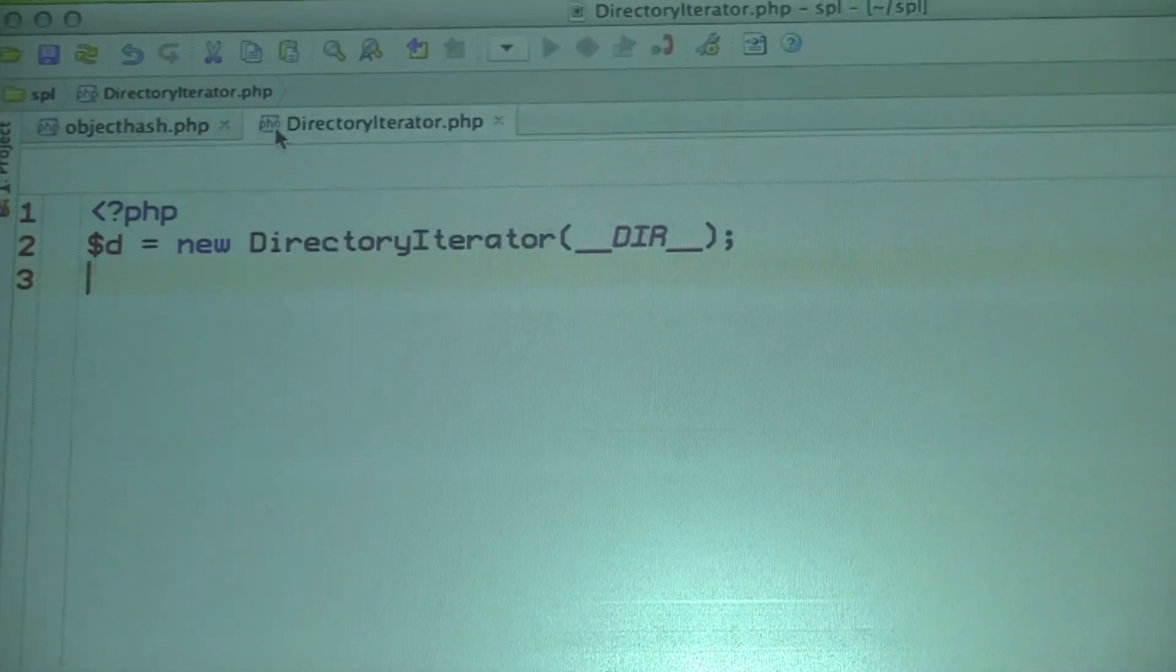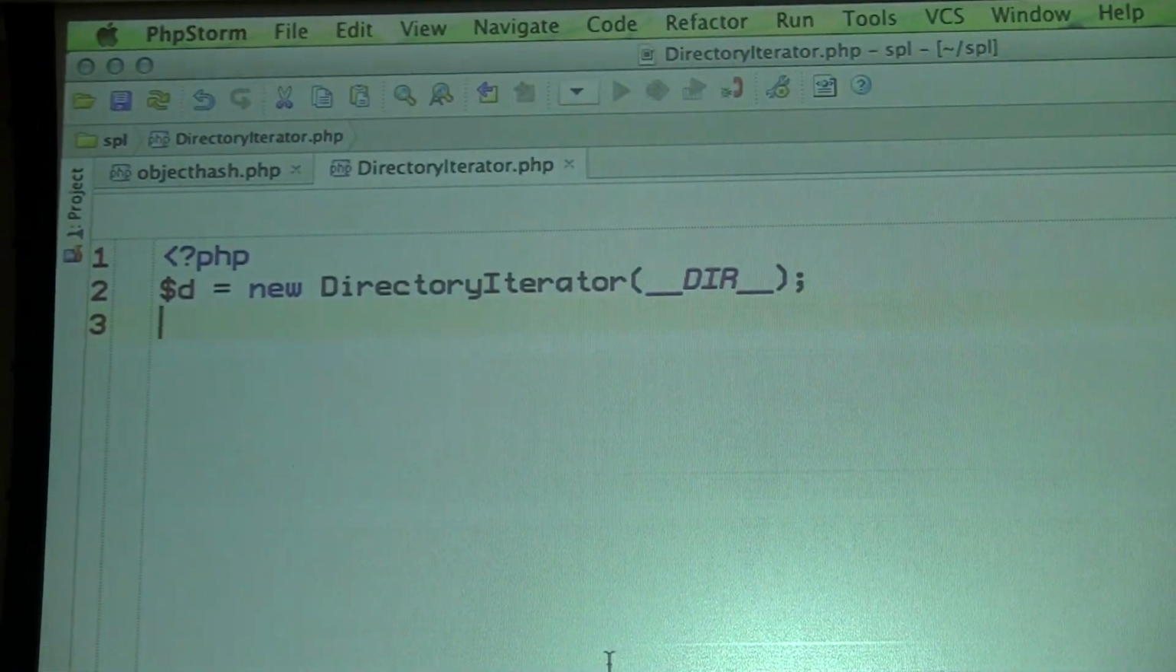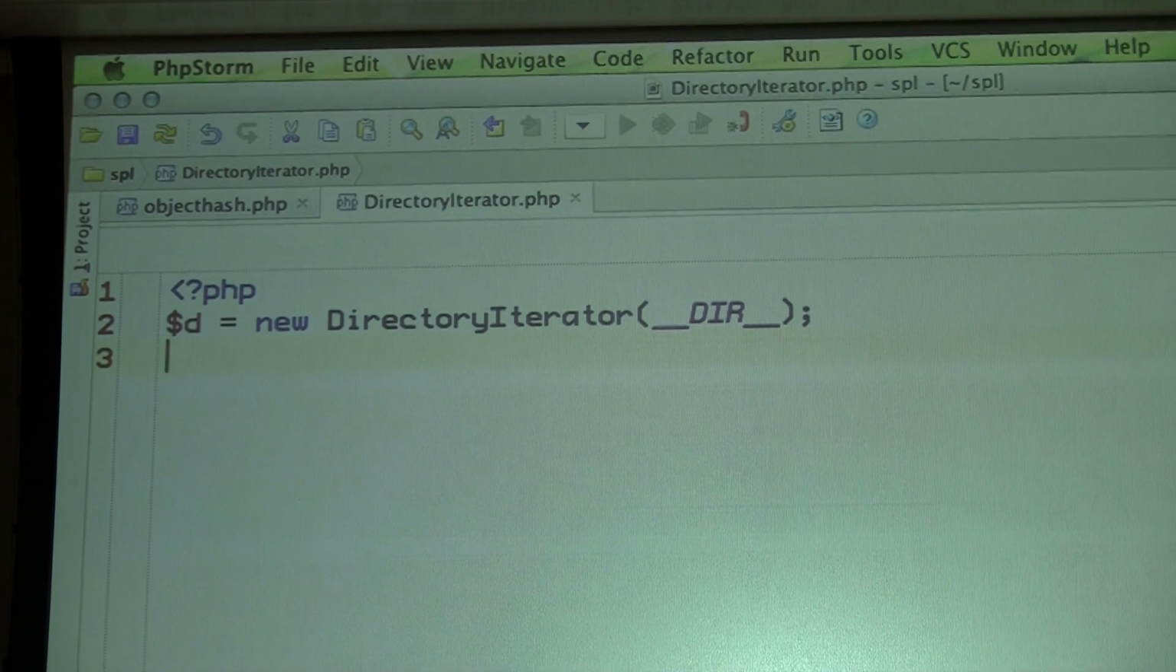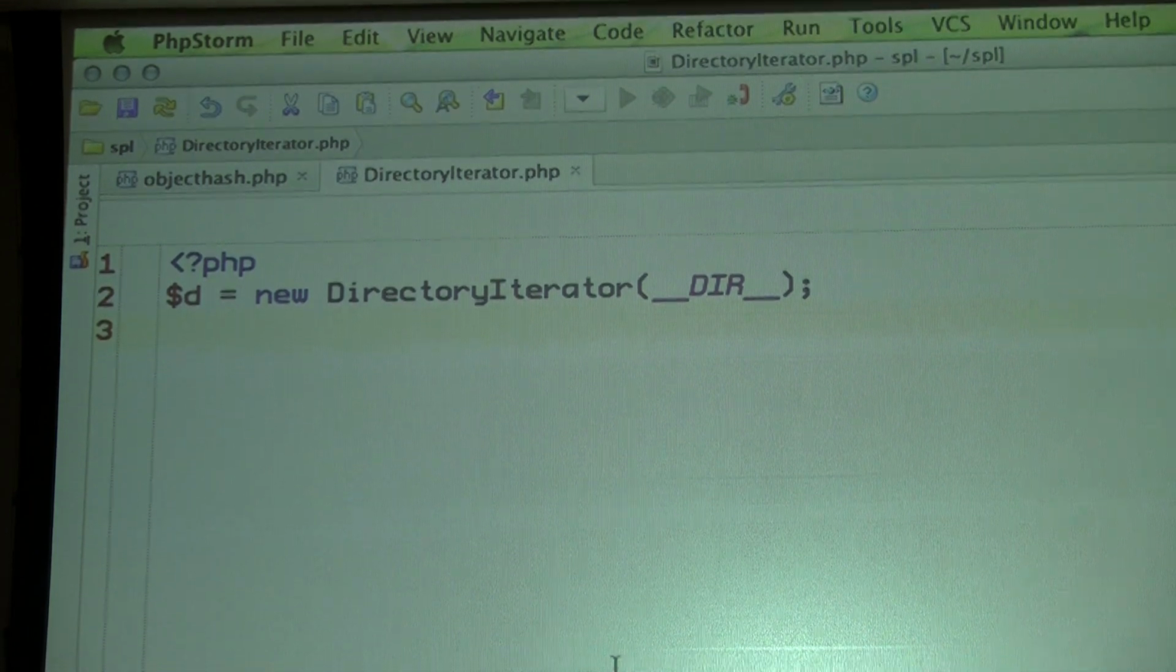All right, well, let's talk about iterators. So perhaps the first go-to one for me is DirectoryIterator. Use this all the time. DirectoryIterator is basically a nice thing where you pass it a path on disk, and it gives you